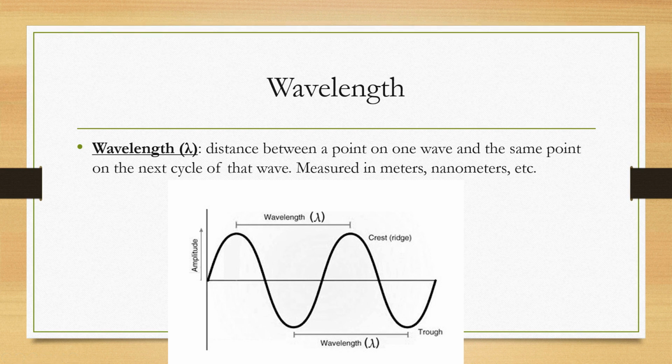Now that sounds kind of crazy, but it's not too bad. Just remember these are measured in meters, nanometers, right? They're measures of distance. So if we look at this wave, one wavelength is the distance between this first point on the wave, this first crest, and if we go down to a trough and all the way back up to the same point, making one full cycle, right? One full cycle, that is a wavelength, the distance from crest to crest or trough to trough,